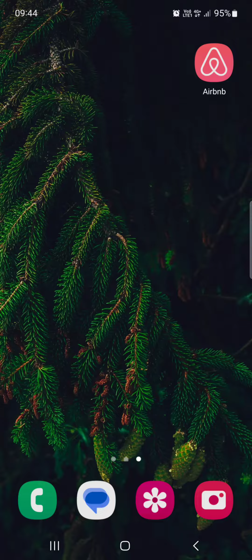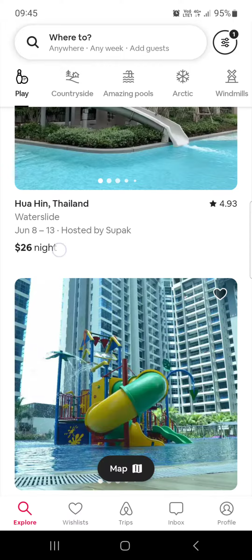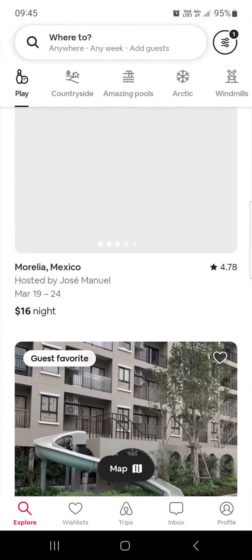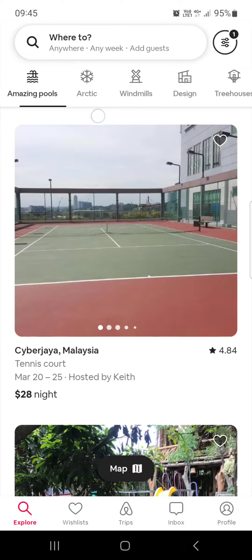First you have to open up the Airbnb app. And here it opens up in the Explore page. From here, depending on what we are looking for, we can set up some filters to find the houses that